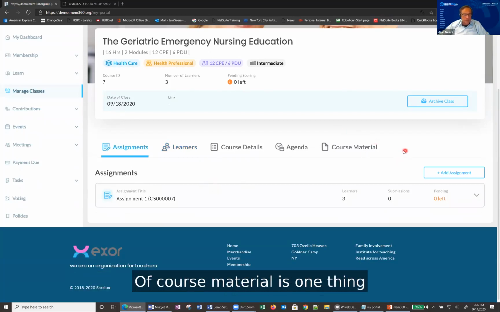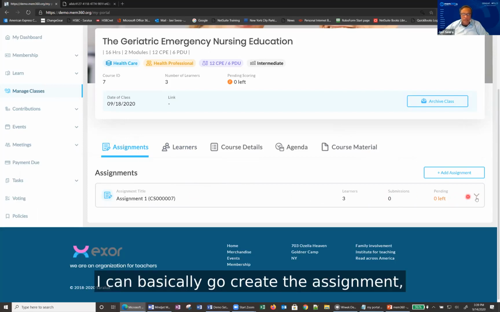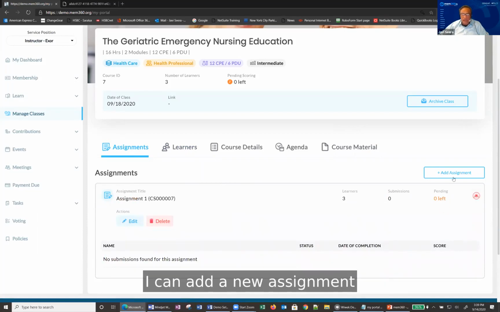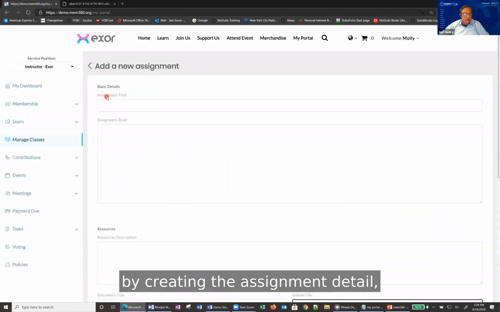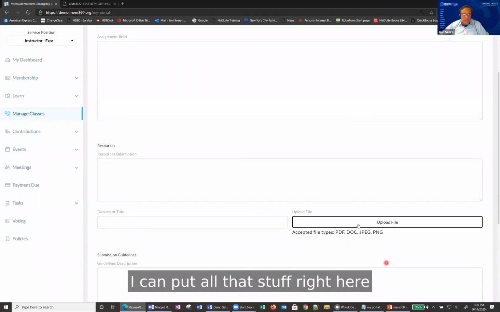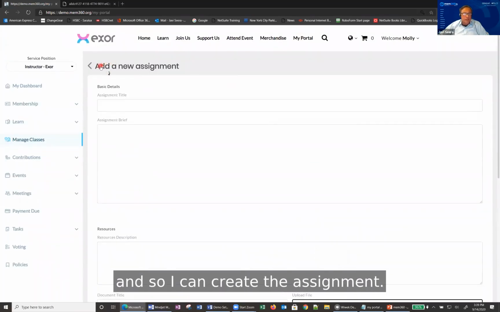So course material is one thing, and assignments are what people have to work on, and I can go create the assignment. I can edit the assignment right here. I can add a new assignment by creating the assignment detail, the brief, resource description, document title, submission guidelines. I can put all that stuff right here and upload a file with it. And so I can create the assignment.